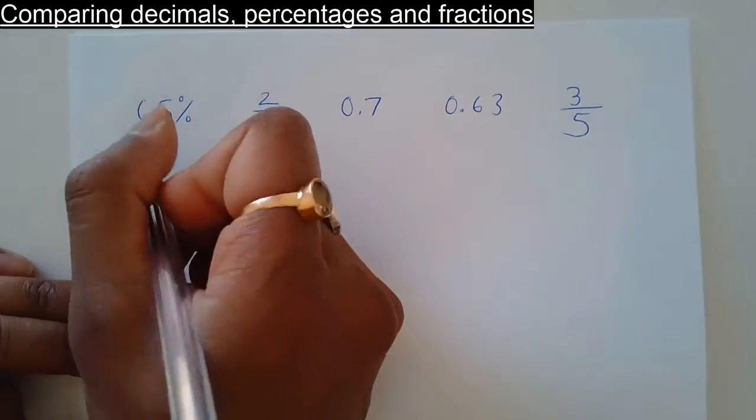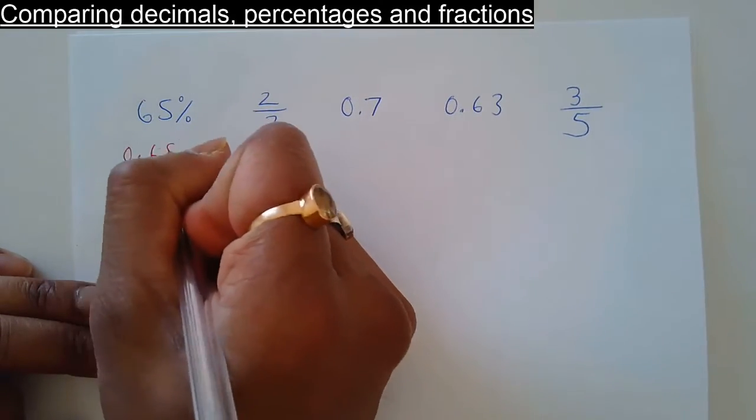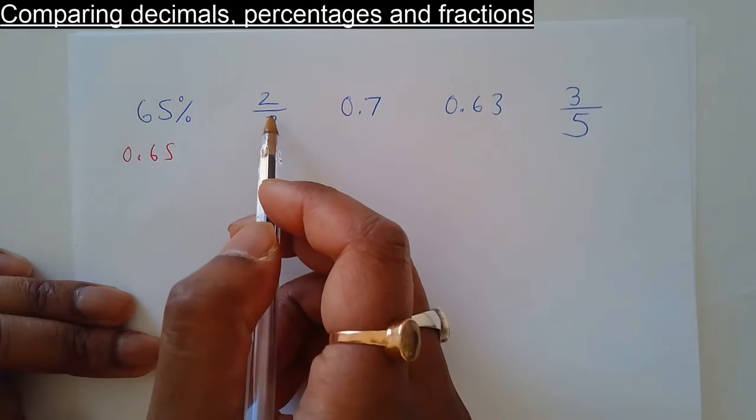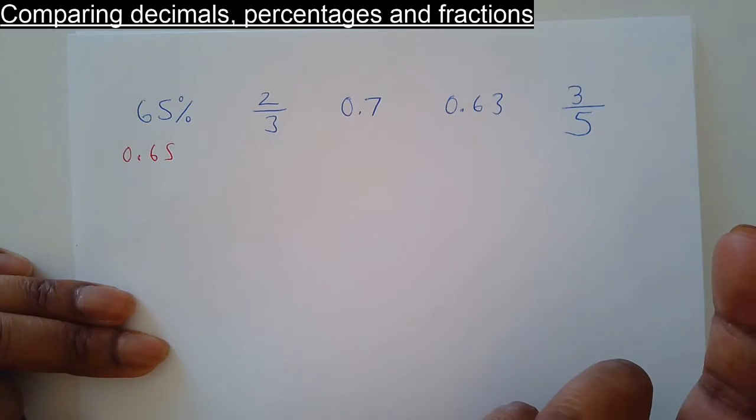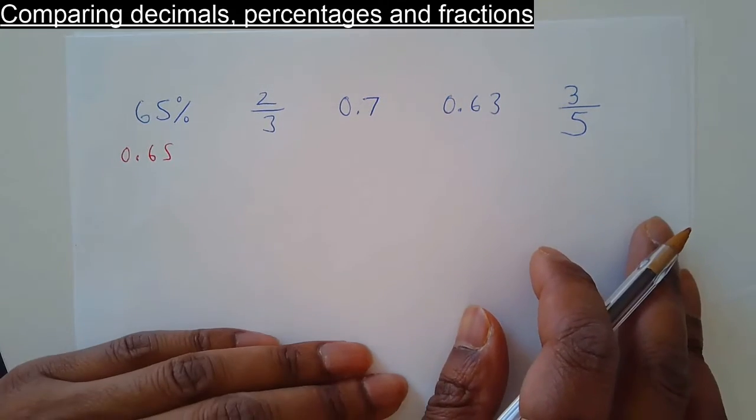Right, the first one, 65% is obviously 0.65 as a decimal. 2/3, well, if you've got a calculator you can do 2 divided by 3. If you haven't got a calculator, if it's non-calculator, you can try